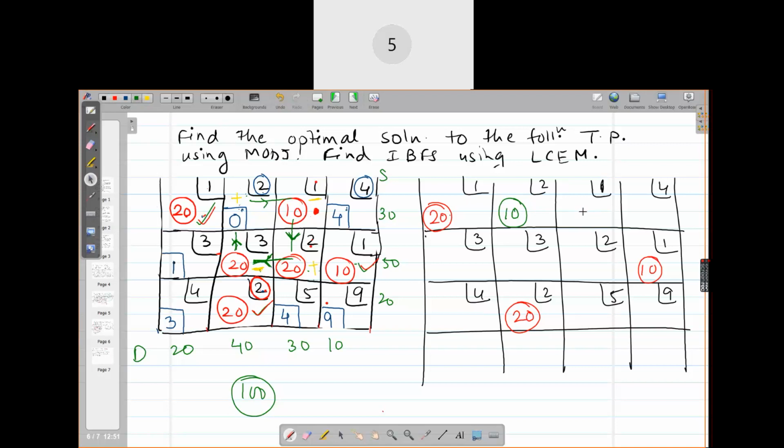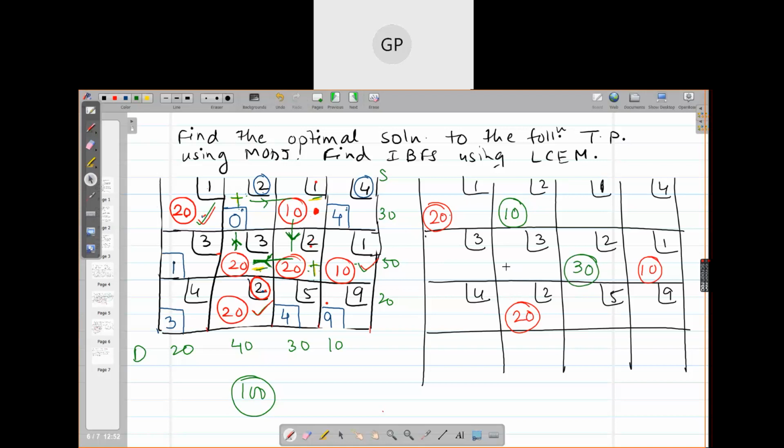So if I am taking 10 units from this cell, from this destination 3, then that destination's requirement will not be fulfilled. So here I am adding plus 10 units. How many units are already in cell 2,3? 20. So 20 plus 10, 30. Is that okay? Look at the plus sign here. Plus plus, minus minus: where there is plus plus, increase 10 units, and where there is minus, decrease 10 units.